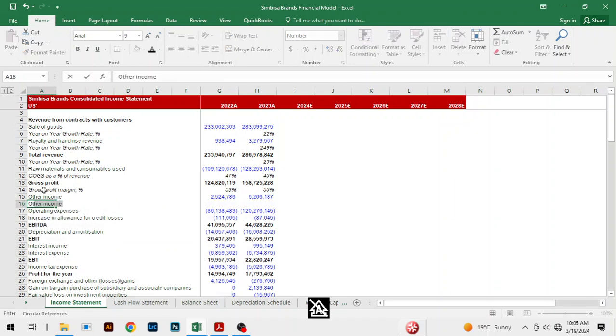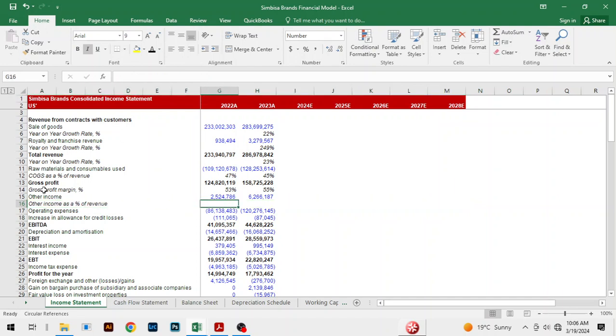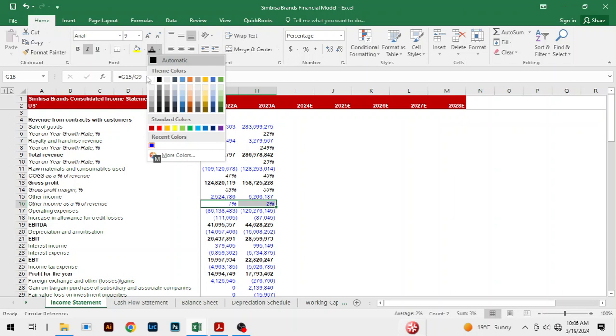And then we say other income as a percentage of revenue. There are many ways of projecting other income, but for this sake we are just treating it as a percentage of revenue. We are going to look at that in more detail in future. So for the time being, let's just proceed. So here we divide by total revenue, we turn that into a percentage,